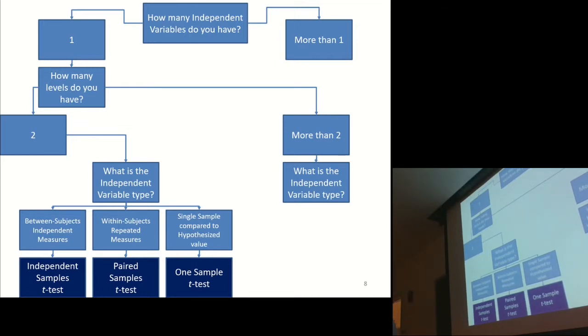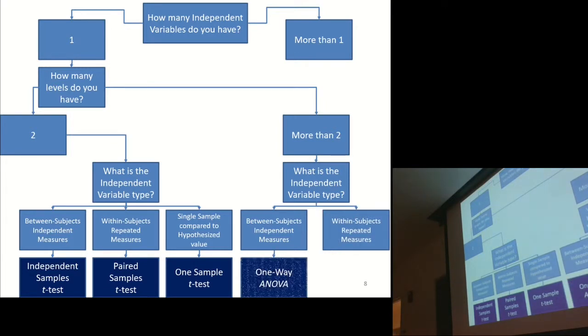And if your independent variables are between subjects, independent measures, where each subject only participates in one category. So you're either a history major, or a psychology major, or a mathematics major. You're not going to have people in all three categories. If that's the case, then you are doing what's known as a one-way ANOVA, a one-way independent means